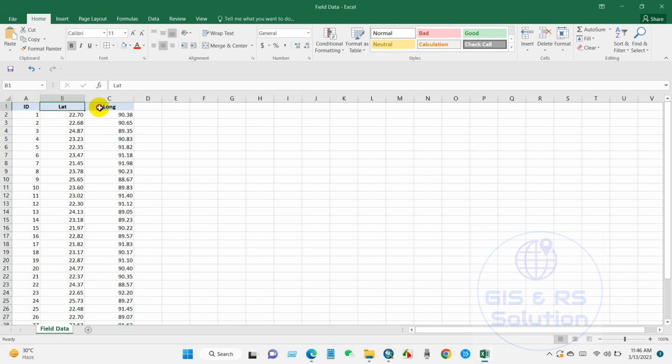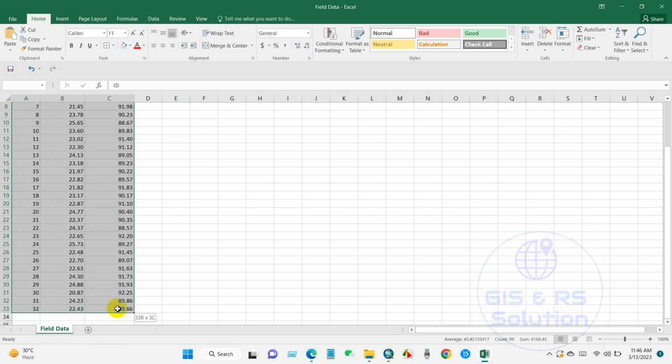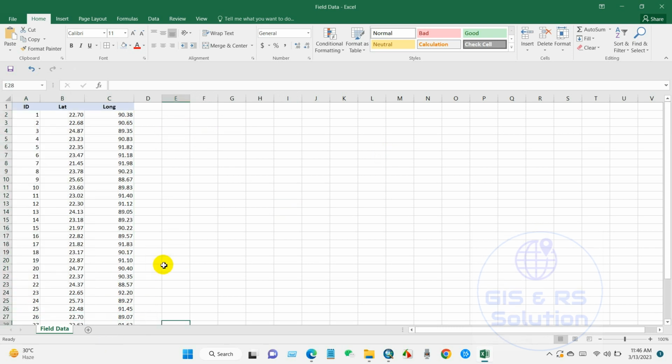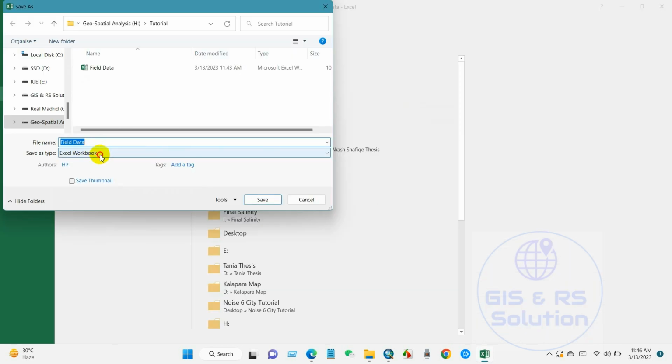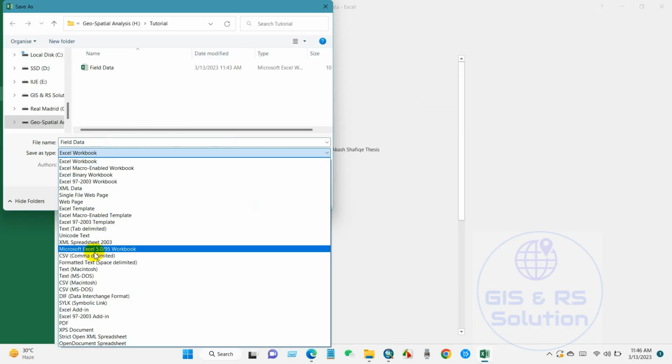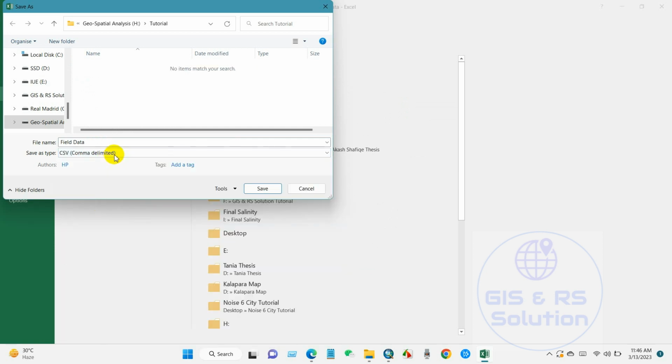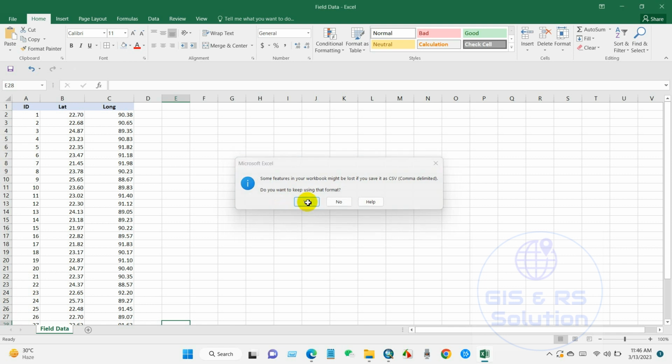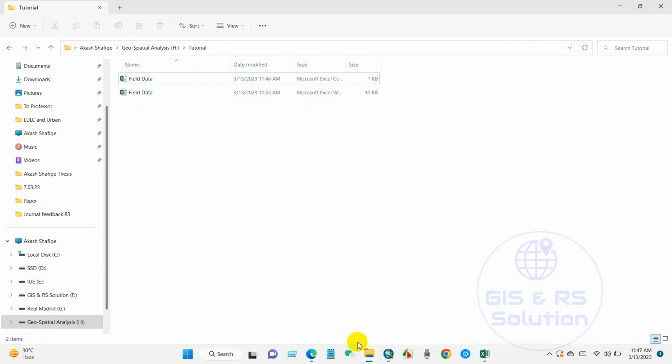You can see here the data: ID, latitude and longitude in this Excel file, and now I will save this file as CSV comma delimited, then save. After saving this file as CSV comma delimited, yes, this one,